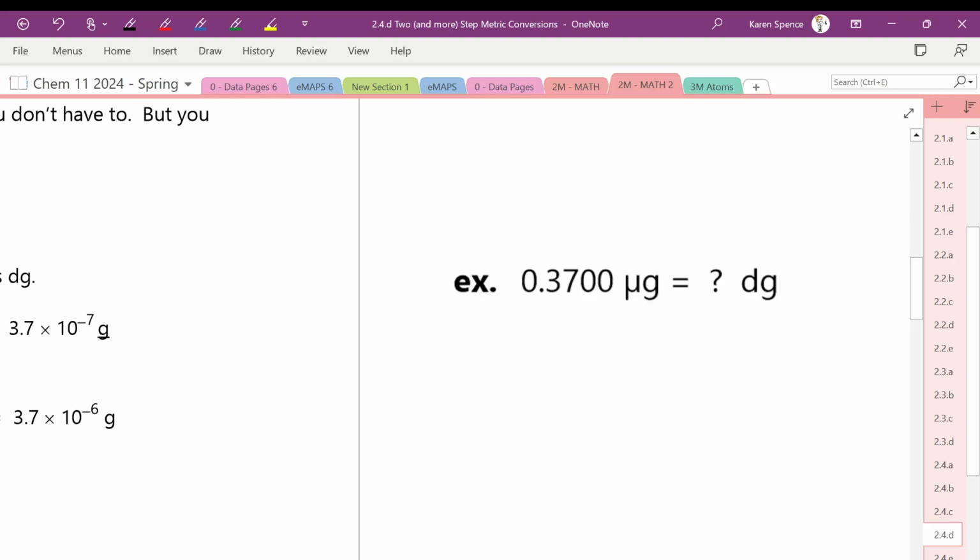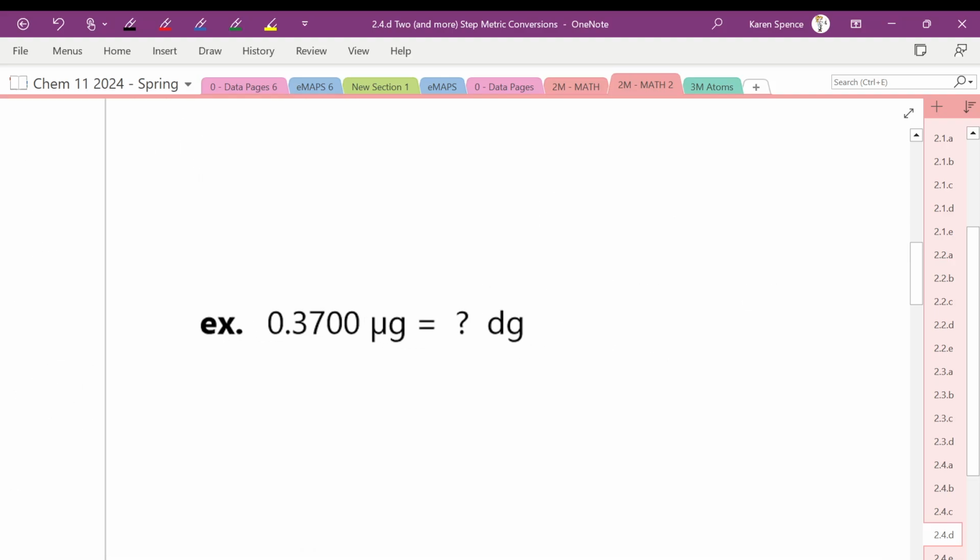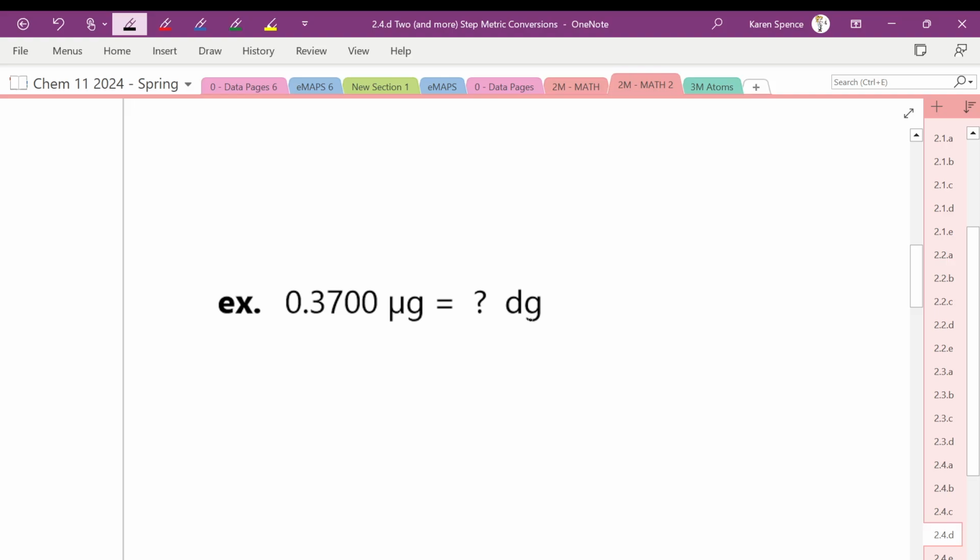And this example is on your page, but I've got it over here. So we want to know how many decigrams there are in 0.3700 micrograms. So let us map this problem. We are starting with 0.3700 micrograms, and we want to end up with